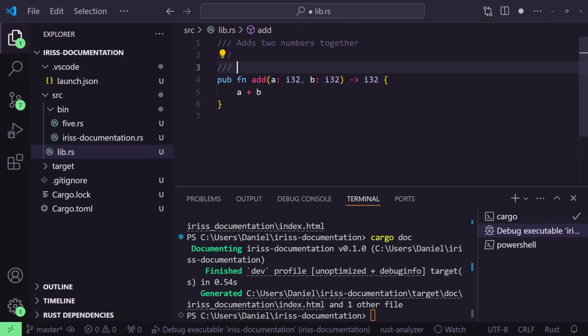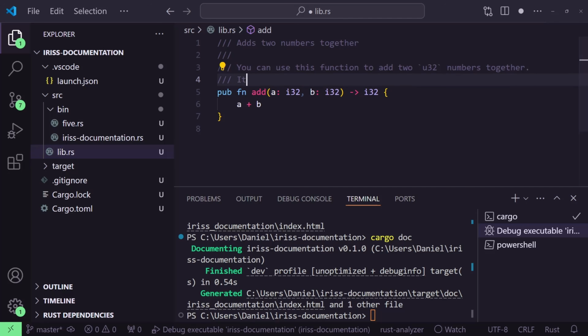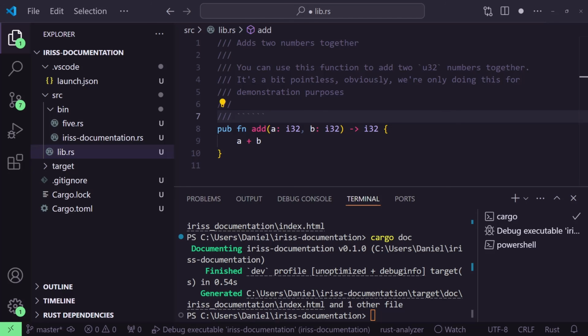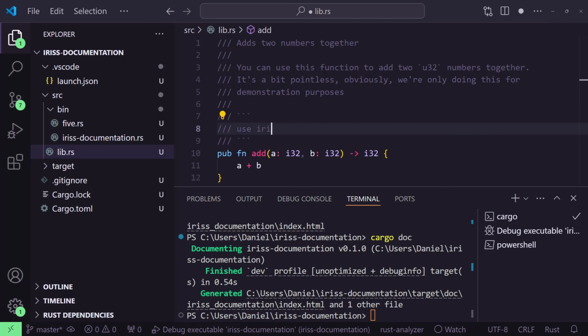Rust documentation uses Markdown, which means we can use formatting and code snippets, as well as consecutive lines being treated as a single paragraph. Let's add some more detail and explain how to use the function using the same technique we learned in the last video: assertions. Doing it this way may seem odd, but all will be explained in a moment.